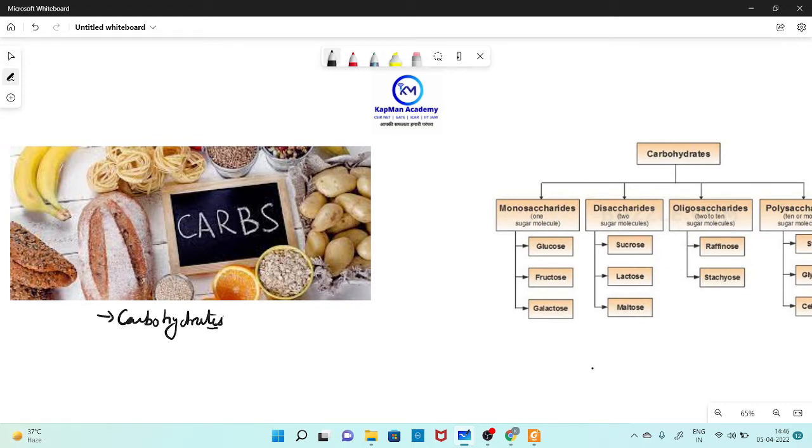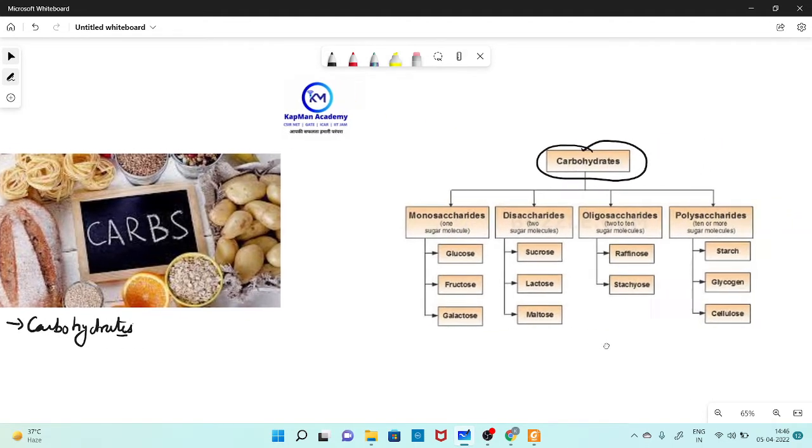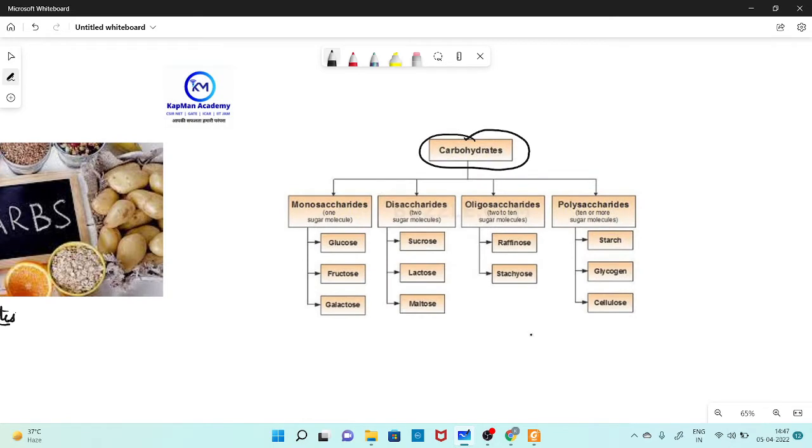In the classification, we had seen that carbohydrates are categorized into different categories according to their structure: mono, di, oligo, and polysaccharides. And also we had discussed the features of monosaccharides, how they are synthesized, and what type of processes are involved in the carbohydrates, right? So in today's lecture, we are going to discuss the rest of the carbohydrate categories, for example, disaccharides, oligosaccharides,